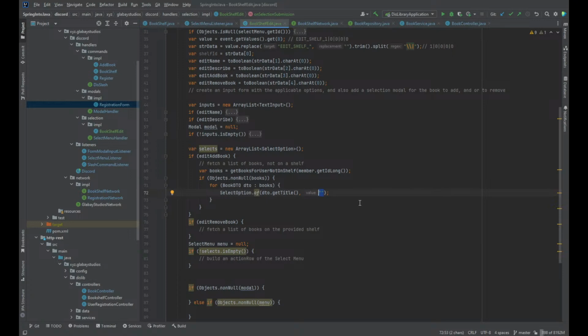I could use again the name of the book as the value, but I'm feeling more like book to add and concatenating the